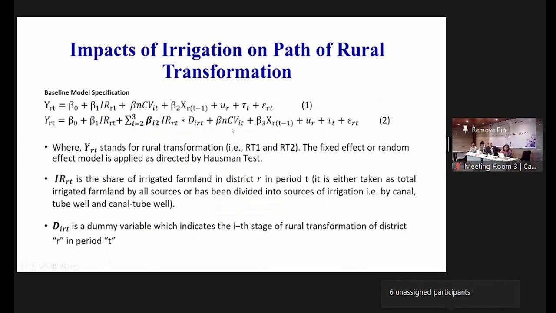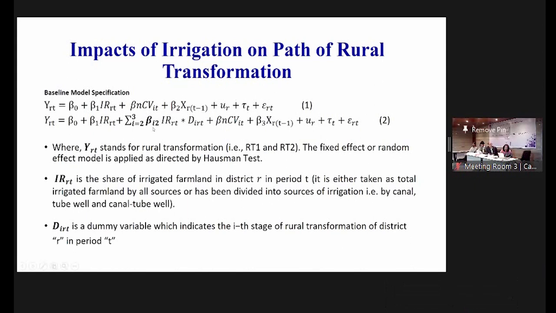Quickly moving towards the model that we have employed in our study. There are 8 models basically, but I have written them in generic form as equations 1 and 2. Accordingly, we will change RT: in one model it will represent RT1, in another RT2. The difference between these two equations is that in one we do not consider the stages, rather we see the impact of irrigation on our dependent variable, rural transformation, along with other covariates. Some lag variables are also used in our study, which include off-farm wages and relative